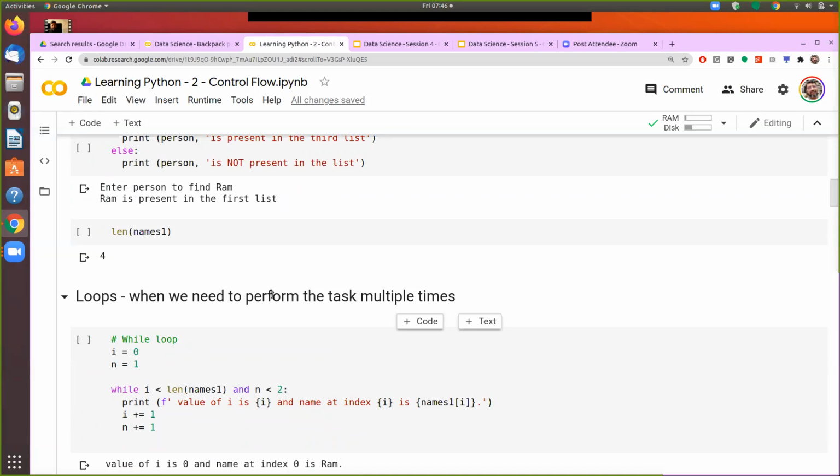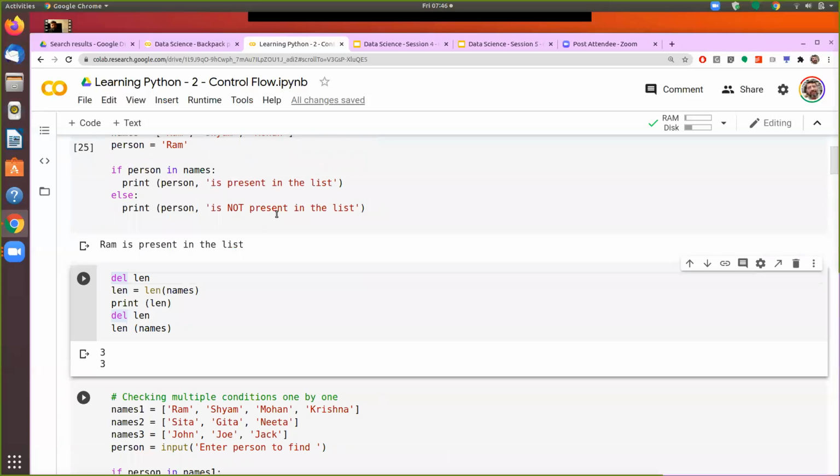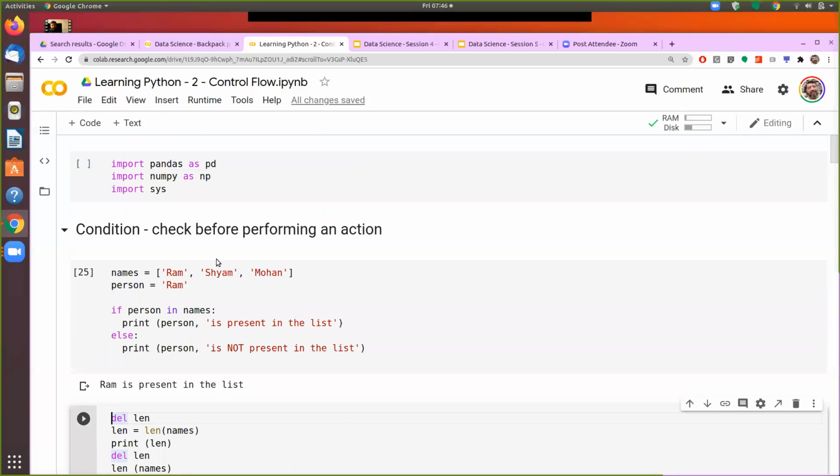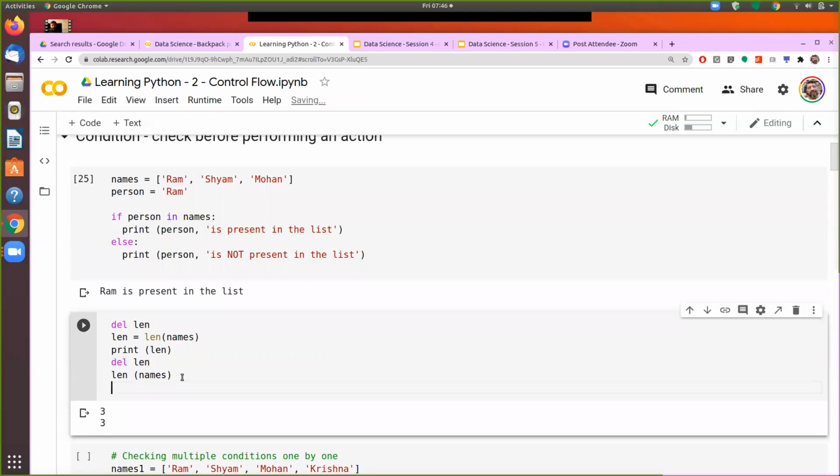Once again, you repeat why we use del len the first time. Because as we are running the code, len is already there in memory. Now having deleted it here, I don't really need to do it for the first time.